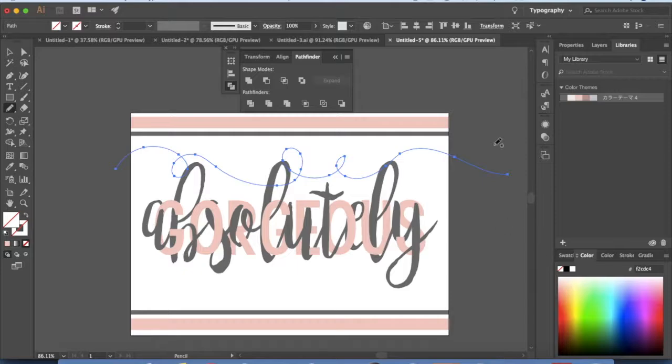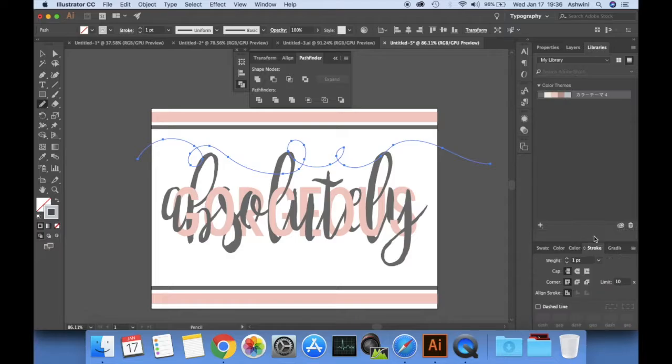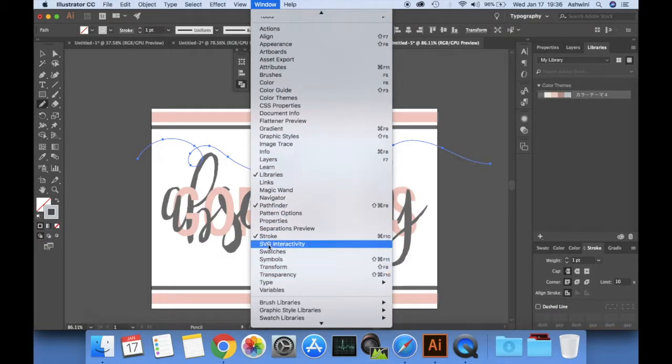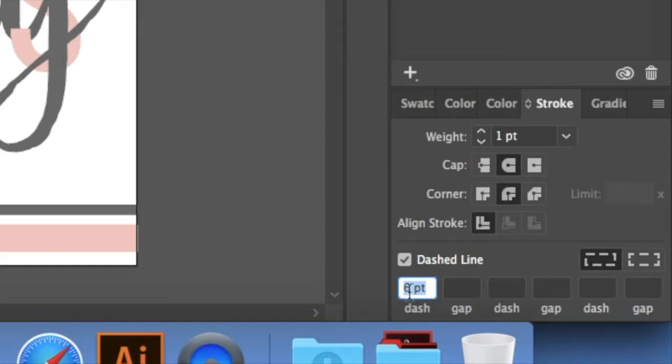There you go. And now let's choose a color. I chose this blue color. Make sure it's swapped to show the line, and then go to your stroke. If you cannot see the stroke, go to window and then stroke right here. Let's make it 1 point, rounded cap and rounded corner, dashed line, and I've set it to 6 point, which